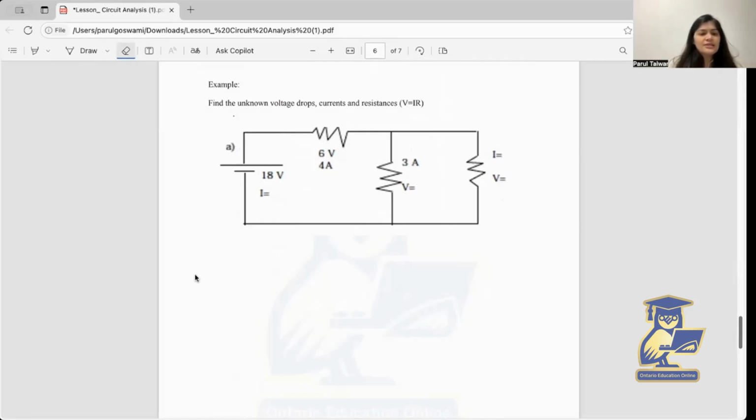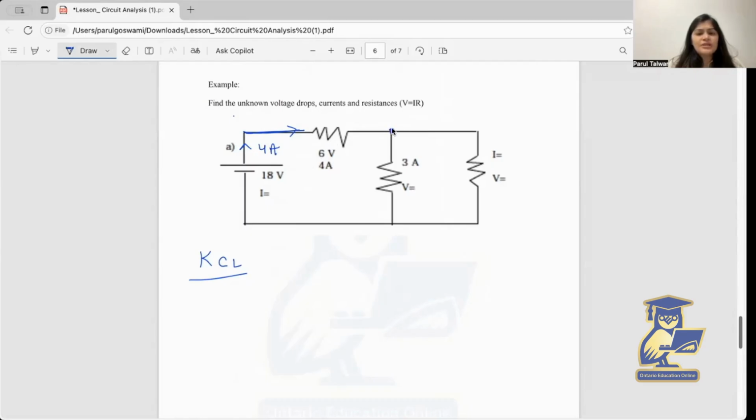We can start with the KCL first. Before we start with KCL, we have to start with the current distribution. You can see we will always start the current from the positive terminal of the battery. Let's say the total current emanating out is I, and it will go to this resistor which is 4 ampere. So this current I is 4 ampere, because there's no junction that this current has met. So the total current is 4 ampere.